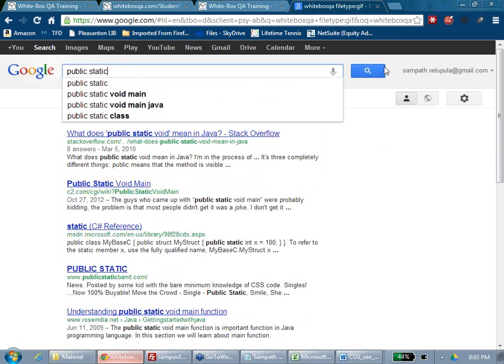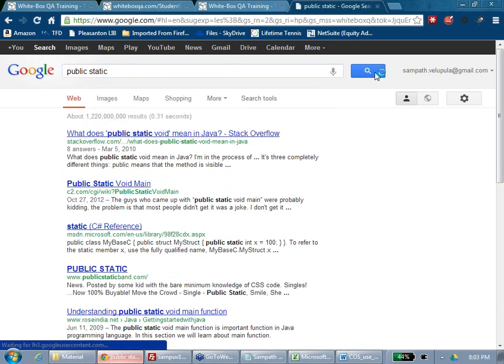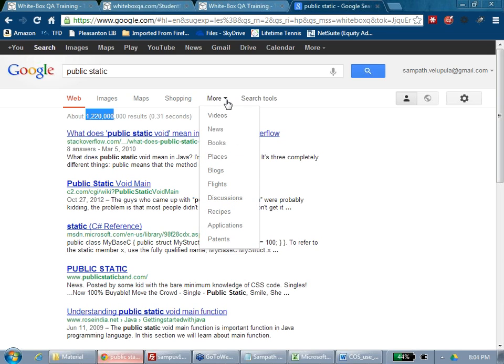So generally, if you want help on Google search, use search tools. If you see here, it should give you the result, how many seconds it took and how many results are there. This is also important. You can search for images and everything, that is later. So some other things are there.